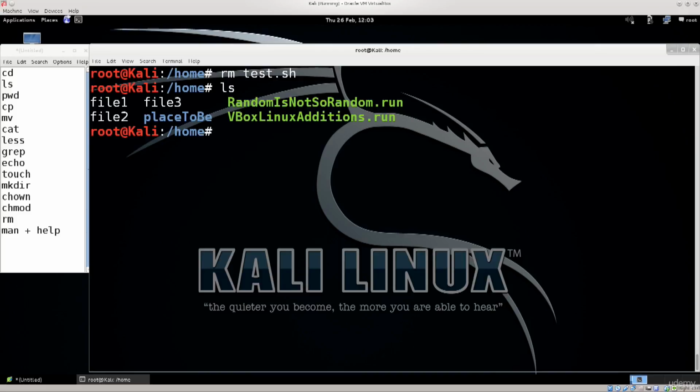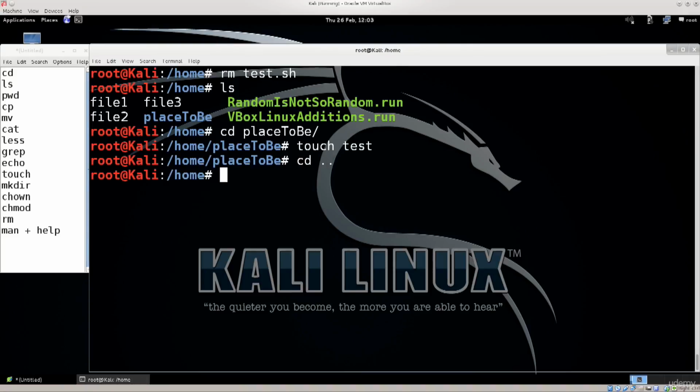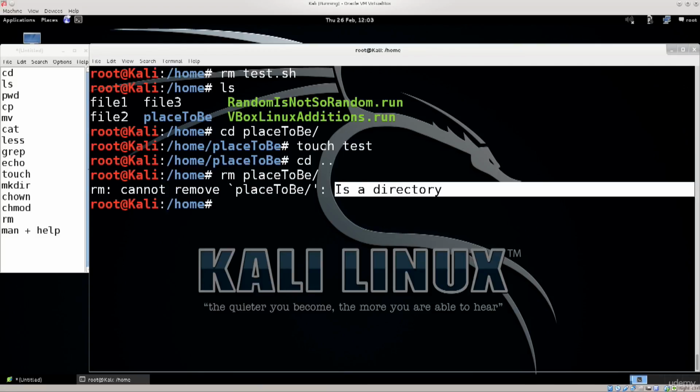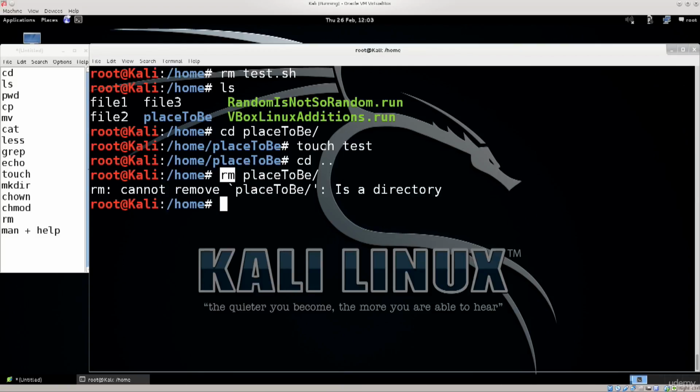But if I go ahead and navigate over to place to be and, I don't know, touch test, I'm going to make a new file there. And if I go ahead and say rm place to be, it's going to say rm cannot remove place to be because it is a directory. This is a failsafe of rm. So you wouldn't delete a full directory because you wouldn't be able to recover it, and that would be really bad. What you can do is type in rm -f